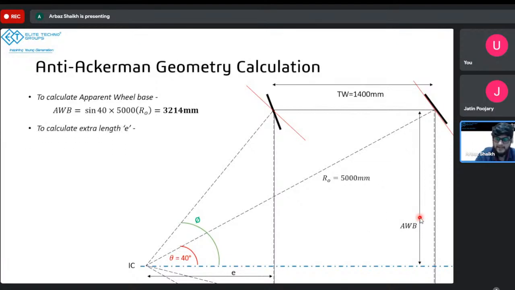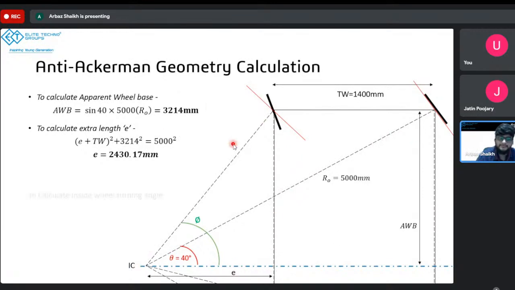Next thing, we can calculate the extra length E. Right? So extra length E, in this triangle only, by Pythagoras theorem, RO square, which is the outside turning radius, this hypotenuse square, will be equal to AWB plus this length, which is TW plus E, right? So (TW plus E) square plus the AWB square will be equal to 5000 square, right? And with this, we can calculate E to be 2430.17 mm. Okay, once again, this triangle is done. We'll move on to this smaller triangle,